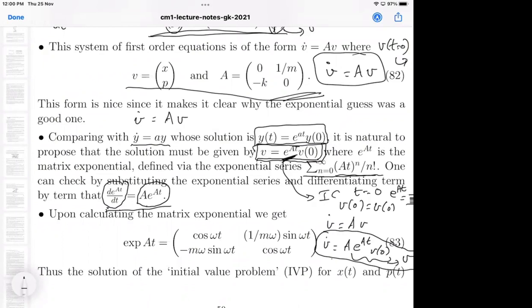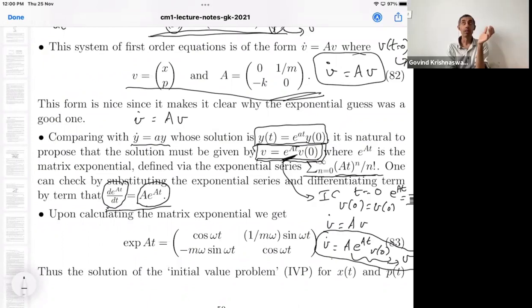See, we have not proved here that the solution is unique in a very rigorous manner. That is something one can do in a differential equations class. But it is similar to what you do for y dot equal to AY, to prove that it is unique. So you are right. At this stage, we have only established that we do have a solution. You may have lingering doubts whether there is some other solution. That is not special to this.